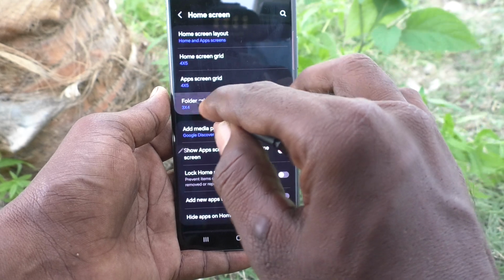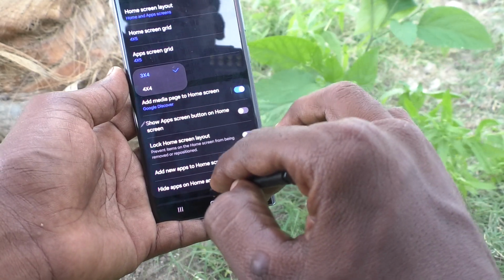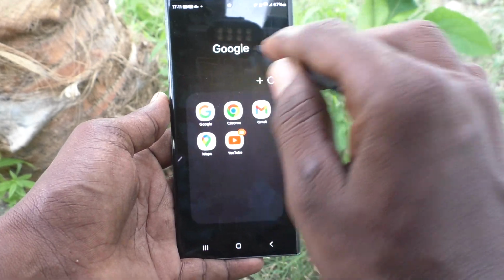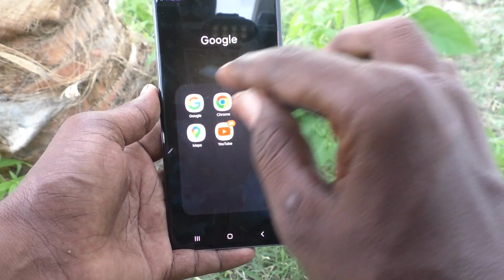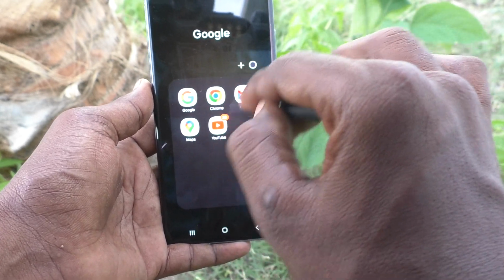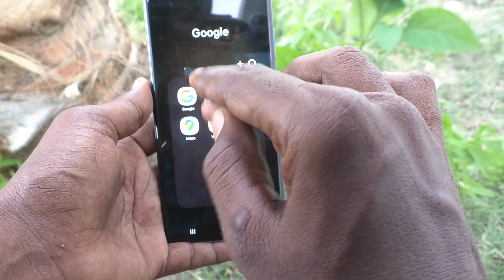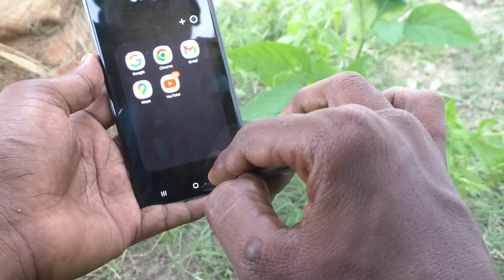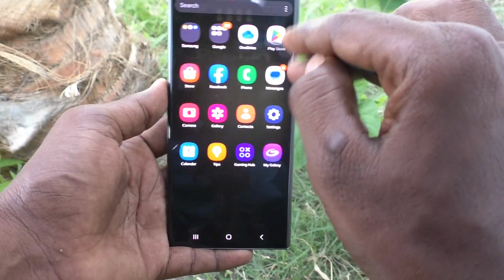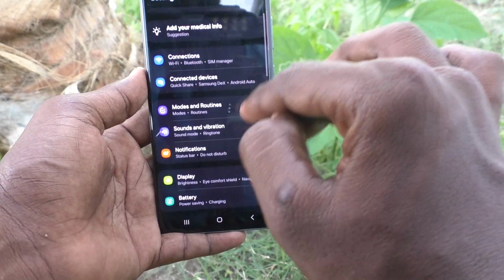Okay, first it was in 3x4, and in 3x4 the folder grid means, see Google, and this is folder grid. Okay, 3 in 3x3 is available. Okay, 3 in column and 3 in a row. Okay, so if you would like to change it to another option, change it,